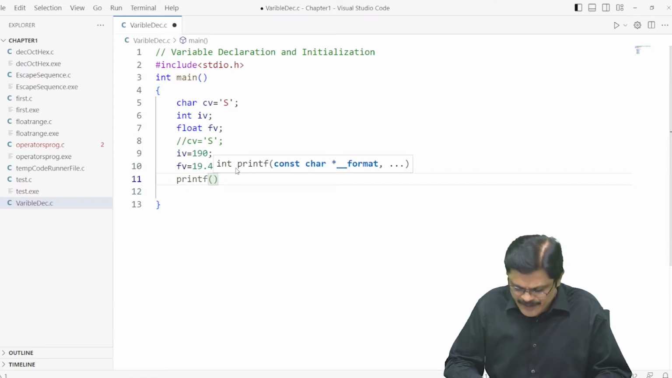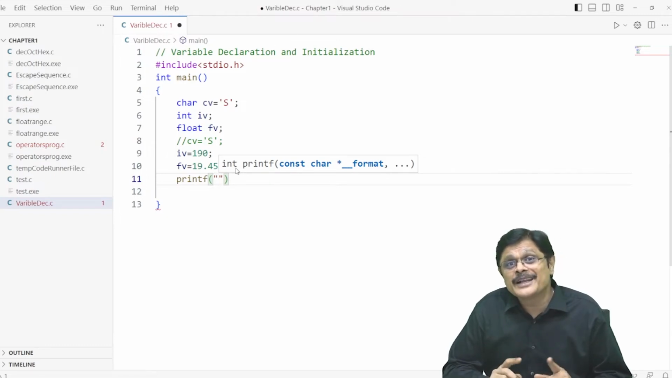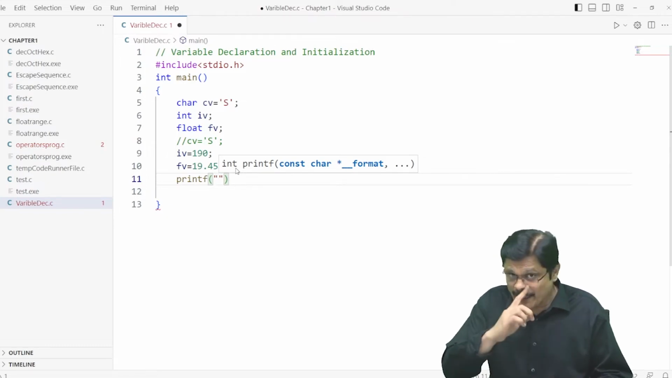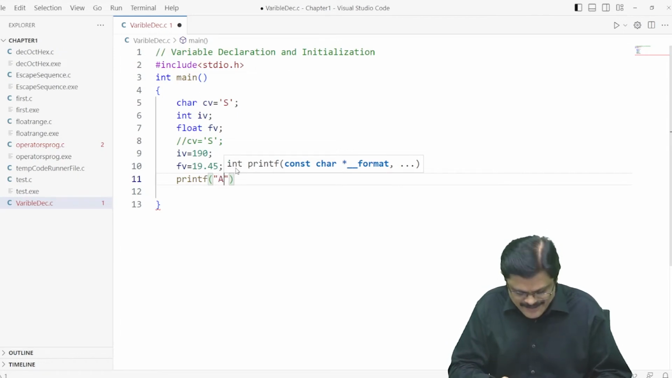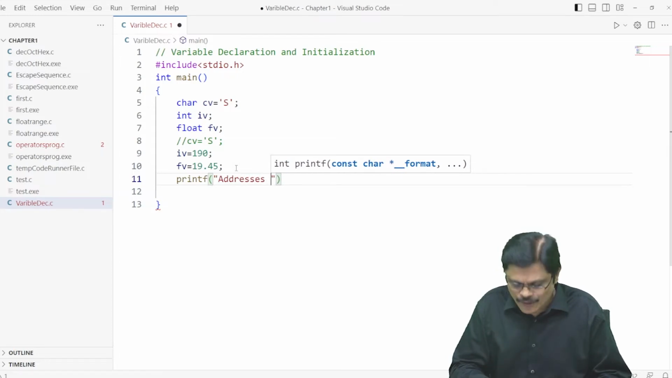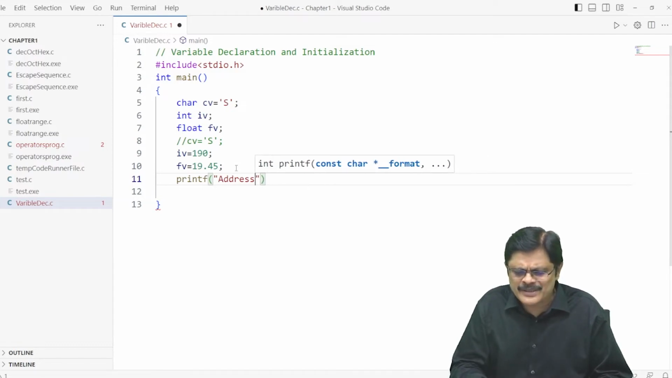We try to print the values. If you want, you can also print the addresses. For addresses, you have to use ampersand. Let us see the addresses. Addresses of all of them at once. Address of